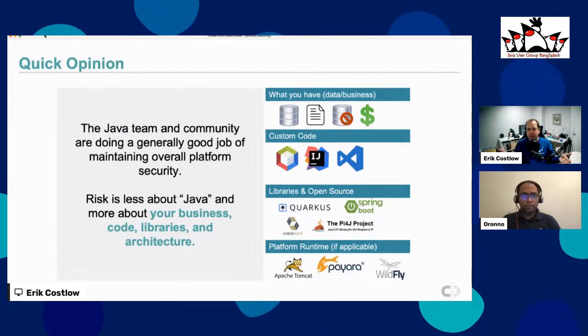And what we're finding on the security side is that security is more about the context of what data do you have? How does your code interact with that data? What libraries do you use? Do you have vulnerabilities in those libraries? Have you upgraded your libraries recently? Do you have risk? So what that means is that for the core Java JDK itself, there's risk there, there's less of it, and it's far more manageable. And now we get to focus on the core of what we do ourselves as engineers